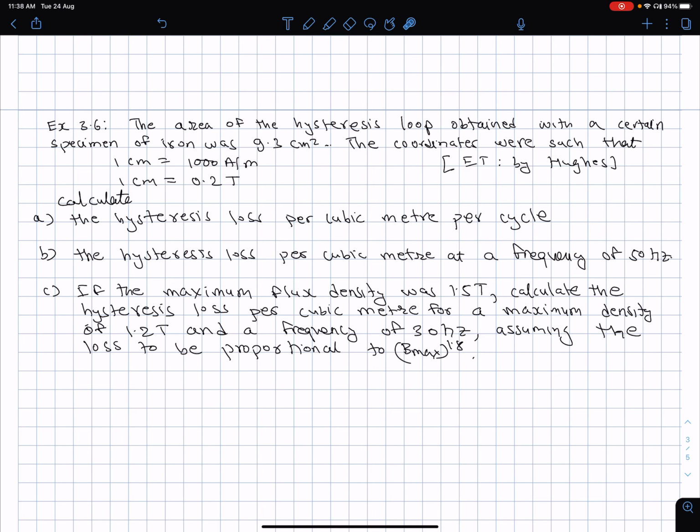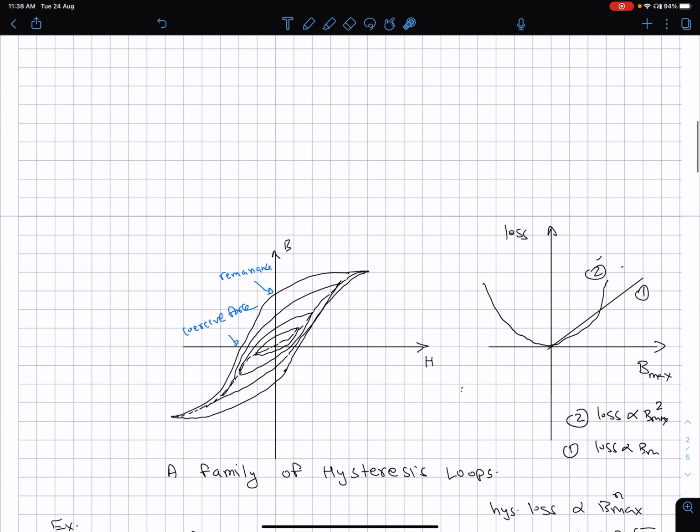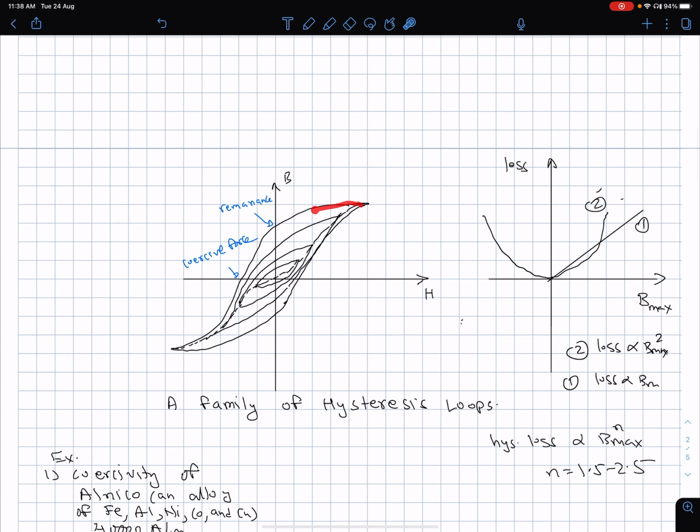When you do one trace of the hysteresis loop, your applied voltage has started from, let's say, current started from 0, increased, reduced, went in the negative direction, picked up, and again came back to the original value.